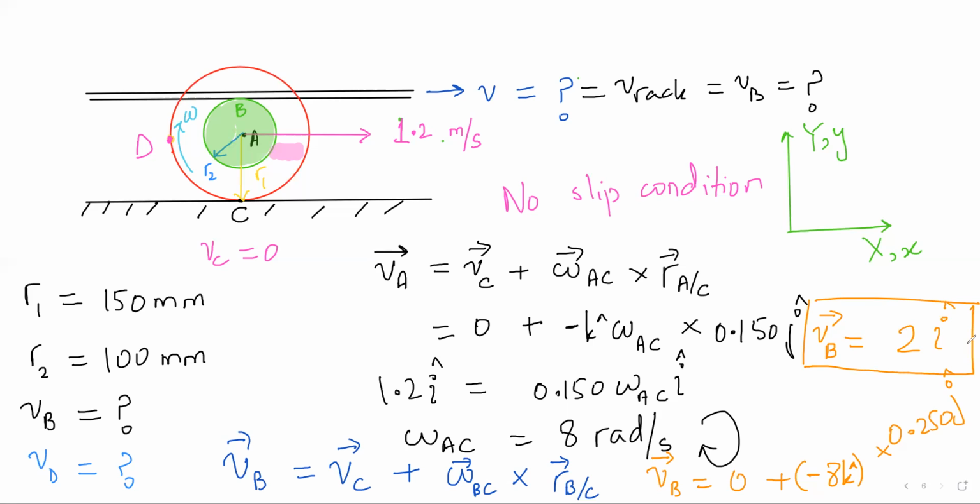Okay. The answer is, oh, come on, the answer needs to be right. I don't know why I forgot to write the answer here. My answer here is 0.25 times omega. Am I getting 0.25 times omega? Yes. Sure. Okay. So what is B? It is velocity of rack. In which direction? Towards right.